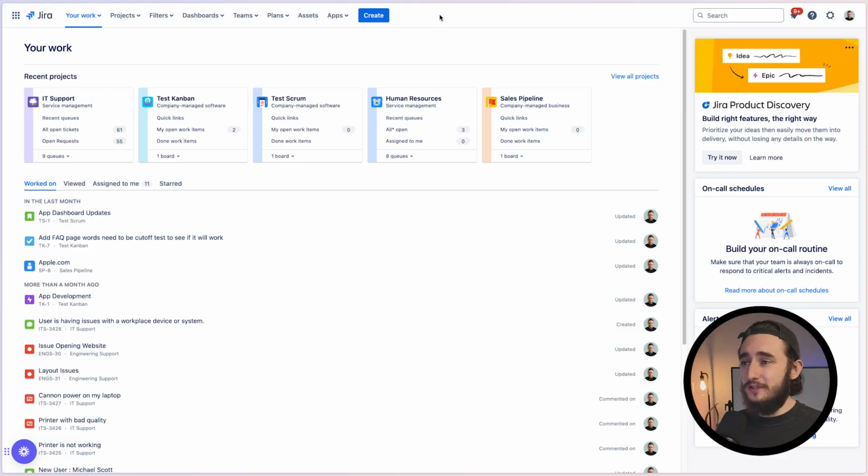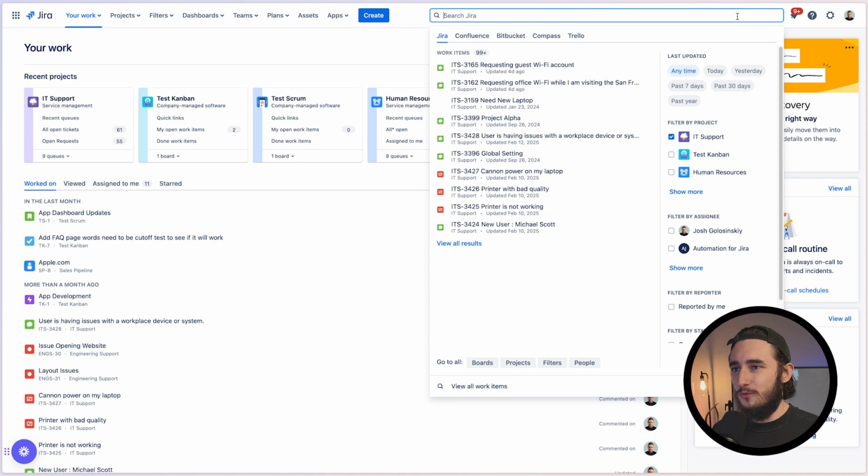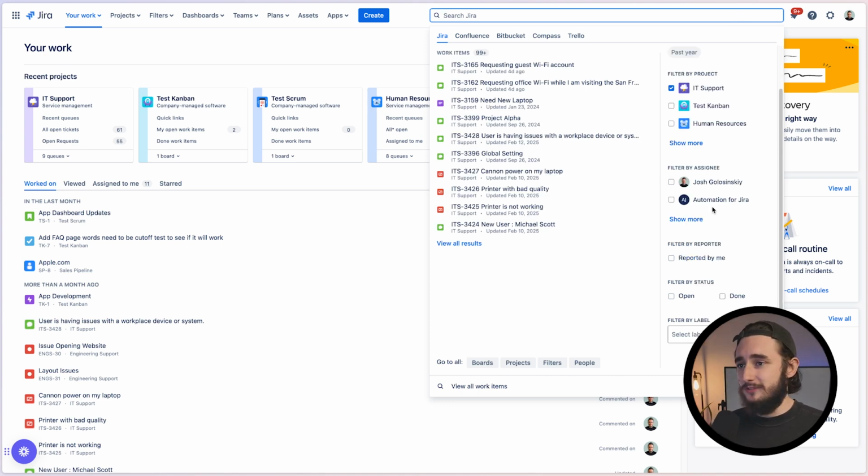Okay, so jumping in, the first thing I want to show you is why you don't really want to use the search box up at the top right. Now, if you're trying to quickly find something based on the summary, the description, maybe a couple of other fields and using some of these filters on the right side, this is a really quick and easy option to utilize. But if you're trying to dig really deep and stack a lot of filters on top of each other and find pretty much every field within Jira to filter on, this is definitely not going to be the place to